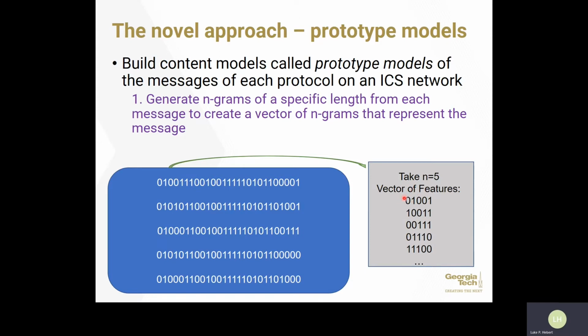So this is what we're trying to create, a vector of features, which is a set of unique n-grams that will characterize the message. I'd also like to point out here that the vectors of n-grams are all unique, but if any n-grams did repeat within a message, say if 01001 occurred multiple times within a message, ZOE and the prototype model creation is going to keep a count of how many times that specific n-gram occurred within the message. And this count that shows the frequency of n-gram occurrence is crucial for the noise reduction methods explained in the coming slide.